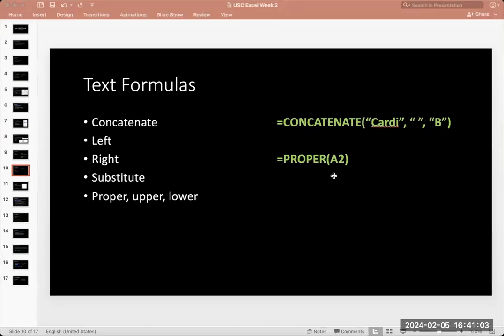Okay, so for example, if I wanted to try concatenate, same thing, equals concatenate, it's kind of a long word. Maybe I want to concatenate my first name, and I want to put a space in between, and I want to put my last name. So I'm surrounding all of the things I want to put together in double quotes. You'll see in the little help text that pops up right here that it's kind of doing a